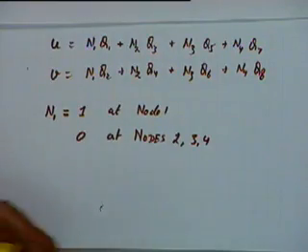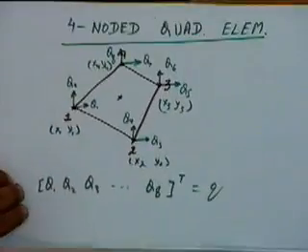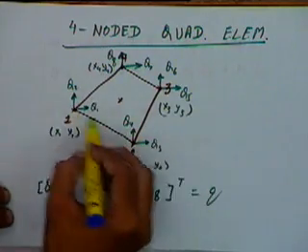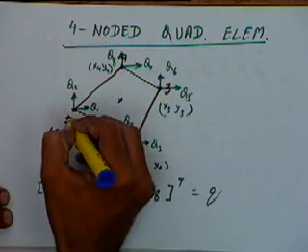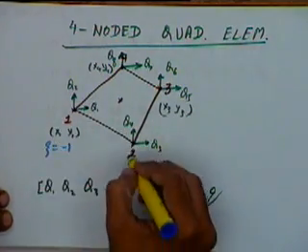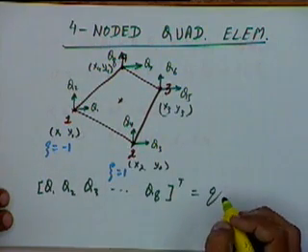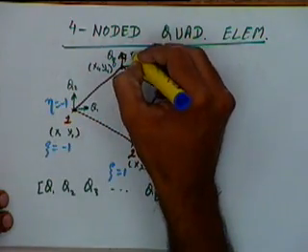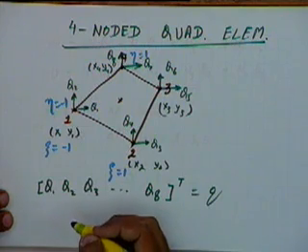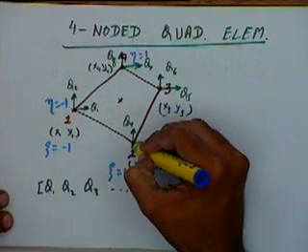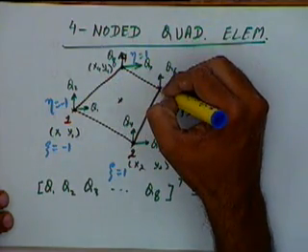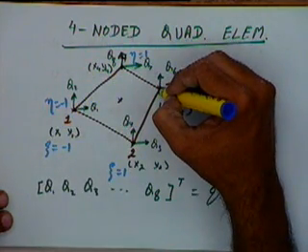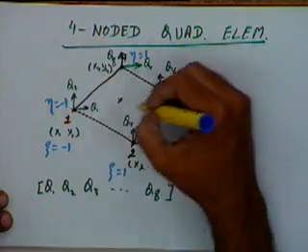Okay. In order to formulate these shape functions, we will define two parameters, zeta and eta. Let us say along this direction from 1 to 2, at this point zeta will be equal to minus 1 and here zeta will be equal to plus 1. Similarly in this direction eta will be equal to minus 1 and here eta will be equal to plus 1. So along this edge eta is minus 1 and along this edge eta is plus 1, and similarly along this edge zeta is minus 1 and along this edge zeta is plus 1. So this is in some sense a local coordinate system that we have defined.